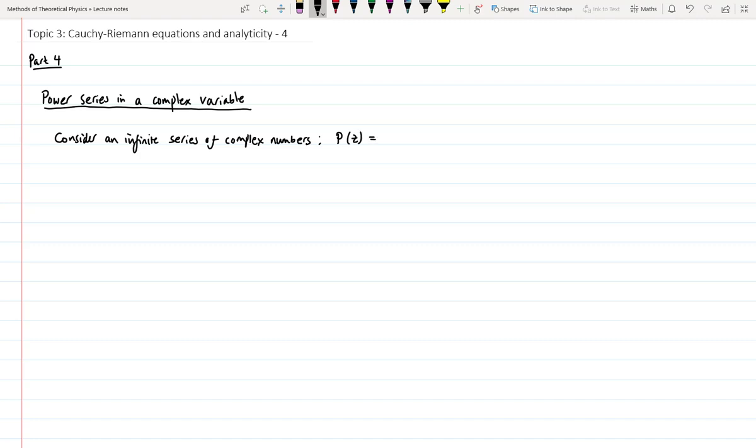P of z is a constant term, a term in z, plus a term in z squared, etc. We write this as the sum from n equals 0 to infinity of complex coefficients Pn times z to the n. This is a complex power series centered